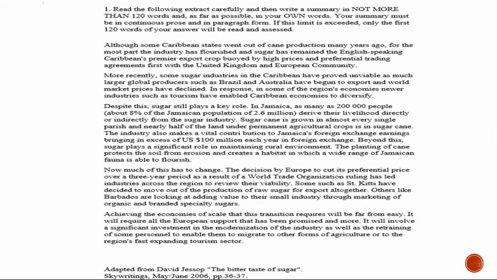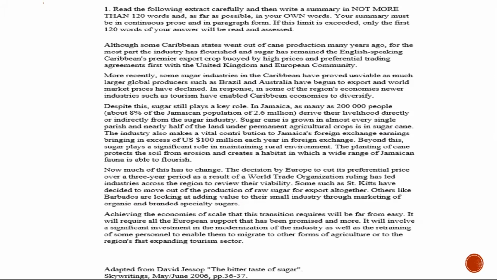So when we start reading the extract, we're going to be looking out for information about sugar. It is suggested that since we know that the topic is about sugar, when we start reading the individual paragraphs, we are going to be looking out for the repeated words of sugar. Now, if you glance over the paragraph, you will notice that the word sugar has been mentioned in paragraphs 1 and 2 only once, 5 times in paragraph 3, and 4 times in paragraph 4, and in paragraph 5,